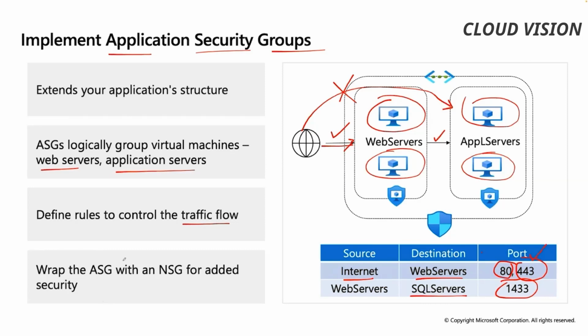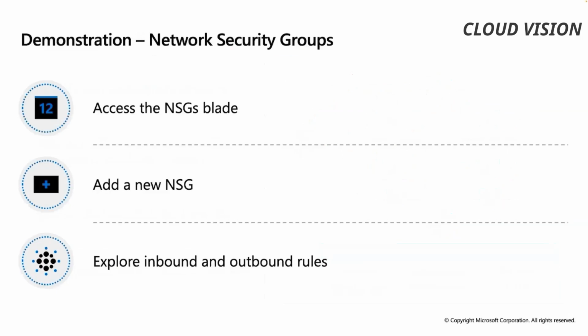And wrap the ASG with an NSG for added security. So you can use a combination of ASG and NSG to secure even more strongly. In the demonstration, we will cover the NSG blade, and we go to NSG, look at